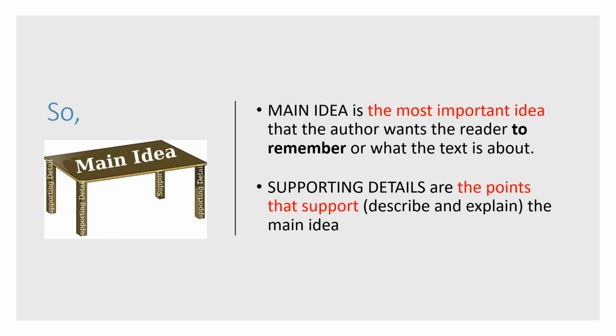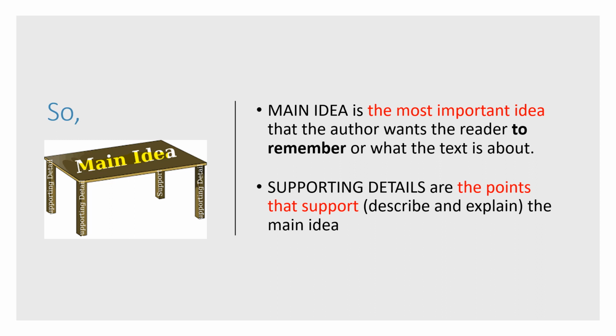So, I'd like to ask you to take a look at the picture. If we can make an analogy, the main idea is the surface part, and the supporting details are the legs of this table. Main idea is the most important idea that the author wants the reader to remember, or what the text is about. Meanwhile, supporting details are the points that support or describe and explain or elaborate the main ideas. So here we can see it's only one main idea,